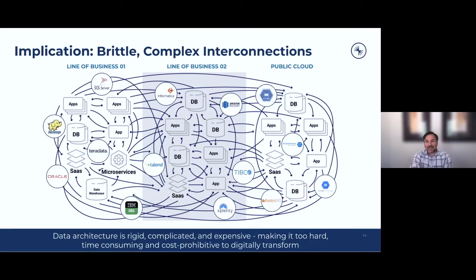So when you start adding that into the mix, all you're doing really is exacerbating this problem, because the tendency is to take this pattern that people know of, point-to-point connections, and they continue to use it. So they'll create point-to-point connections between their on-prem data sources and the cloud. And CTOs and CIOs and CISOs have a really hard time even understanding how many of these connections exist.